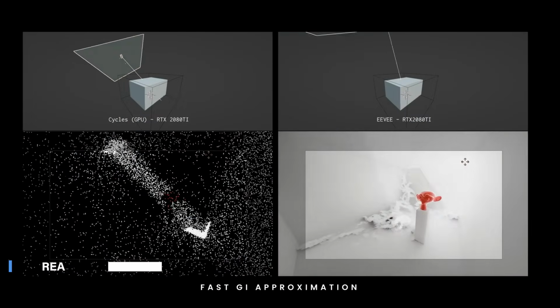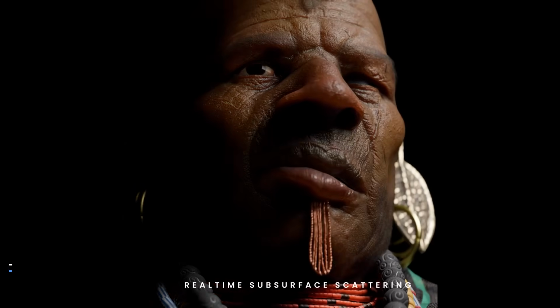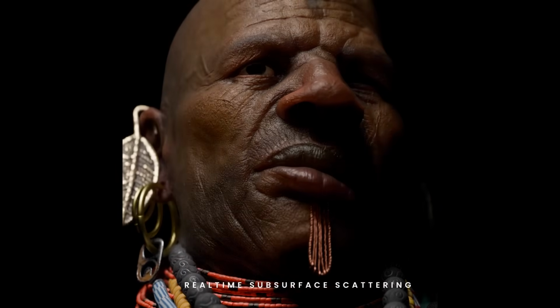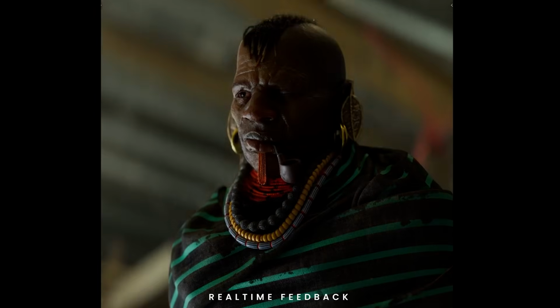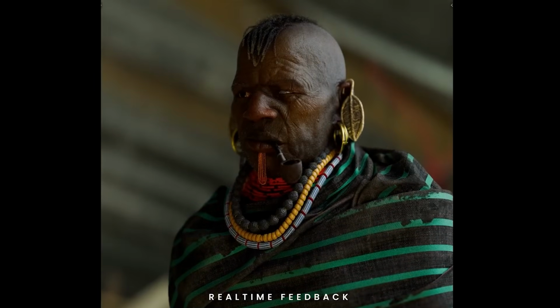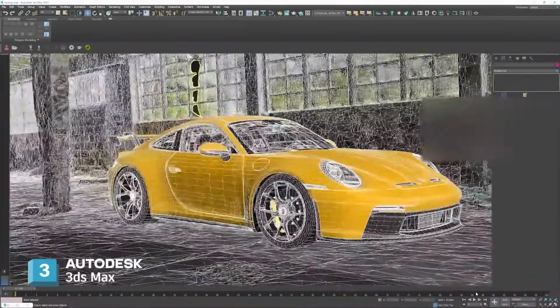Also, just 10 or 15 years ago, as a 3D artist, you had to wait for renders constantly. You would tweak a light, hit render, wait for a few minutes, and then see the result. And if you wanted to do it faster, funny enough, you would select just a rectangle in the render to get a glimpse of what you're rendering, if you wanted to be fast that is.